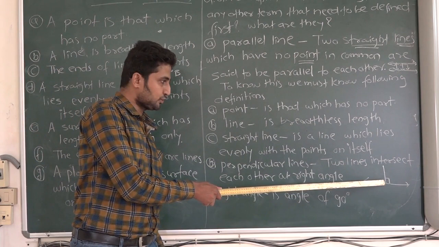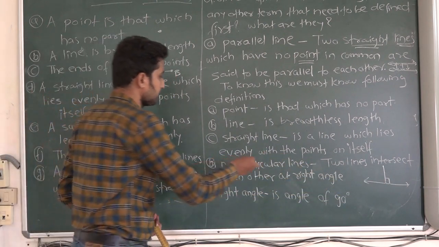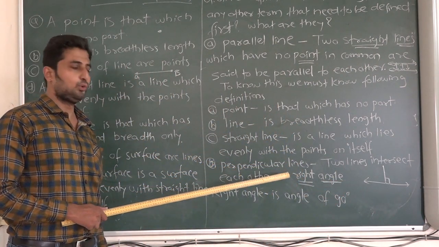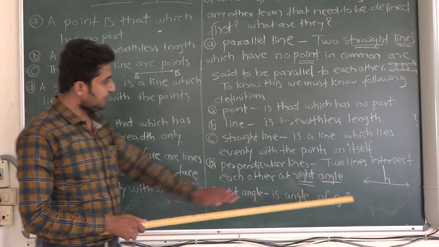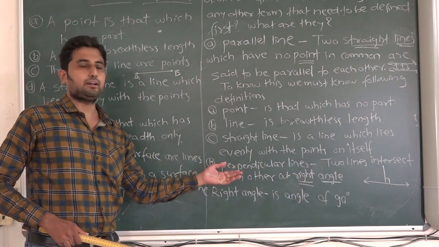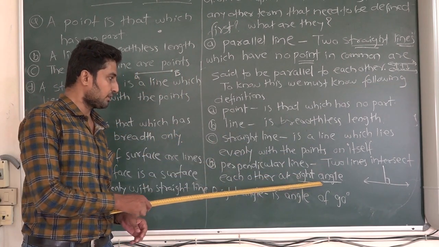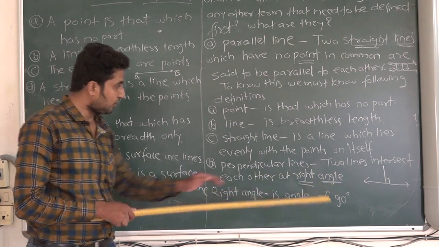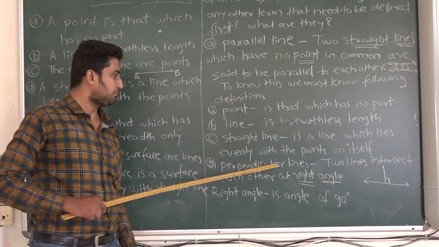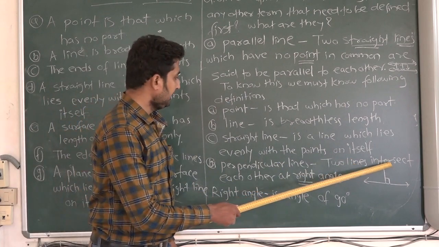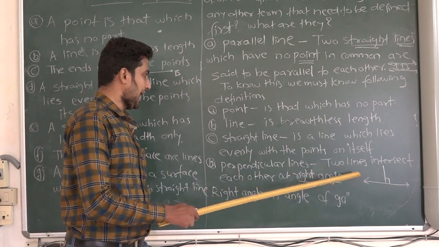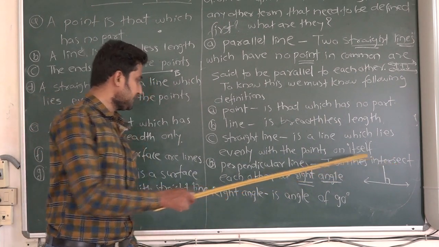at the right angle. So to know this perpendicular line, one more concept you must know, one more definition you must know, that is what is meant by right angle. Because if you don't know this right angle, we can't define this total definition, because it consists of some fundamental part, that is known as right angle. If we don't know the right angle, we can't define this. So before going to know what is meant by the perpendicular line, we must know what is meant by the right angle.